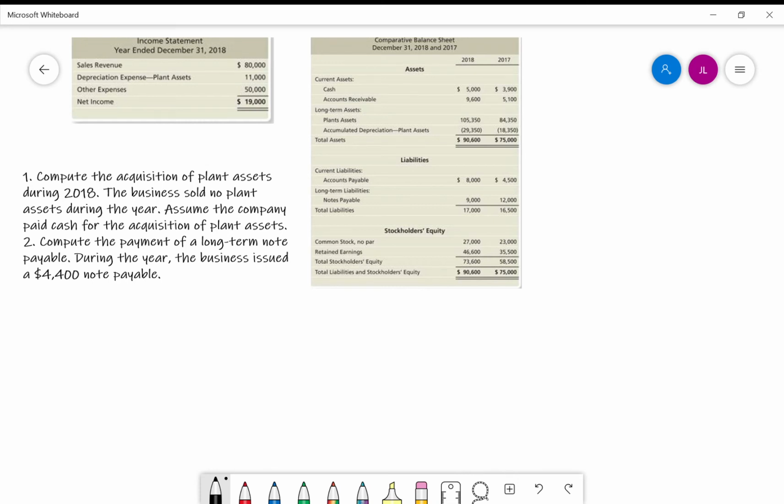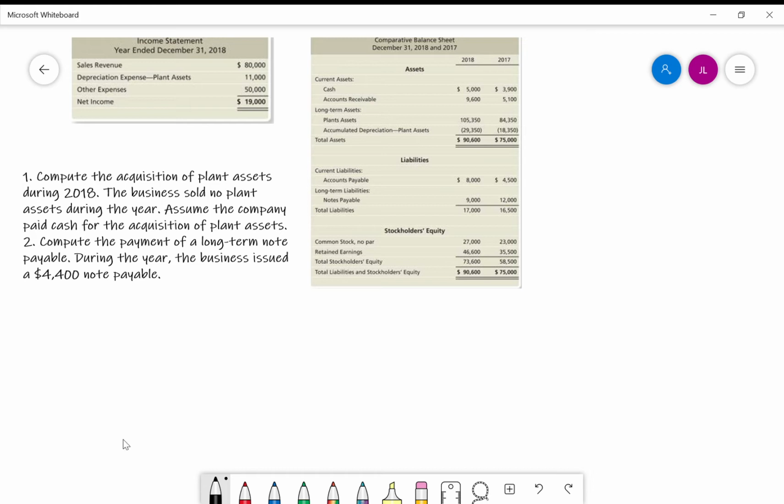Okay, we're continuing on with cash flows. We're going to look at the investing and financing sections here. We've got an income statement and a comparative balance sheet, and we want to compute the acquisition of plant assets during 2018. The business sold no plant assets during the year, and we're going to assume the company paid cash for the acquisition